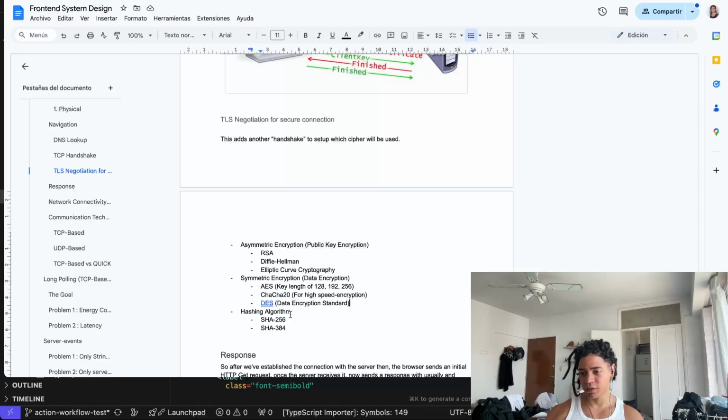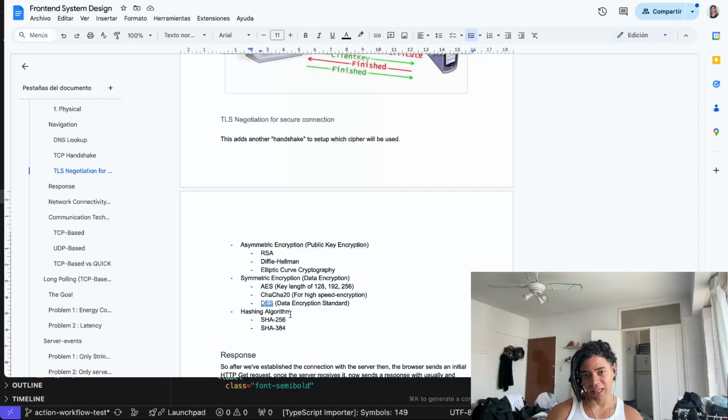You're using AES or DES, the Data Encryption Standard. Both of them have been shown to be attackable by brute force, unlike the asymmetric encryption, where somehow we haven't figured out any way to